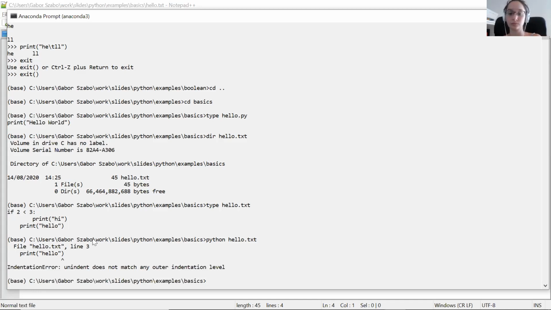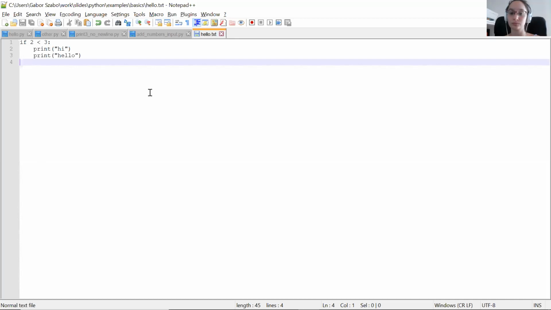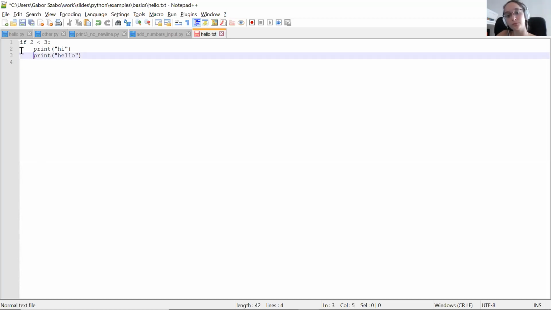Okay, and when I showed the content of the file with type, then we could see it, because this represented the tab with 8 spaces, and here I have the 4 actual spaces. But this editor represents a tab character with the same width as 4 spaces. So again, sorry? If you're being consistent with it, then it's not going to be a problem, right? Right. Yeah. If I'm consistent, so if I have here also